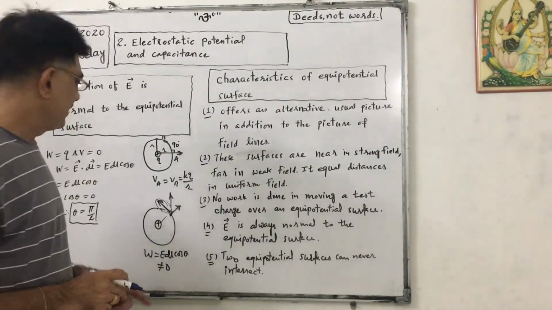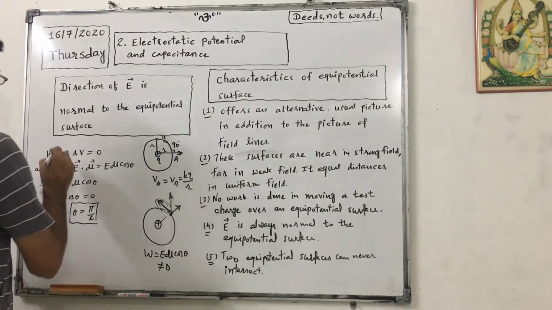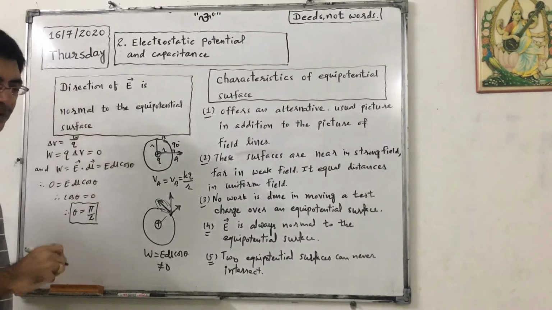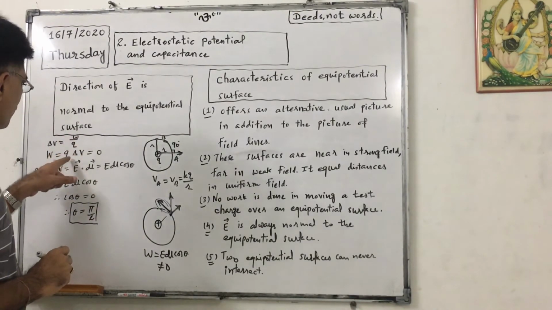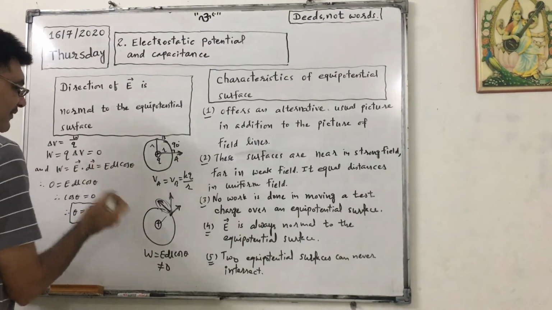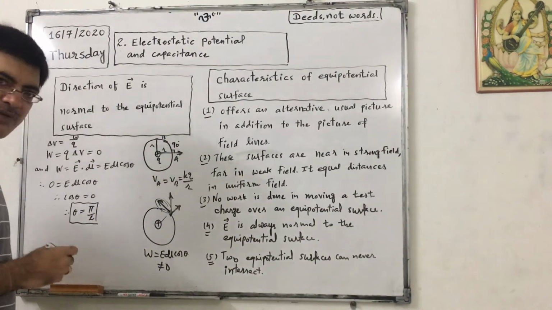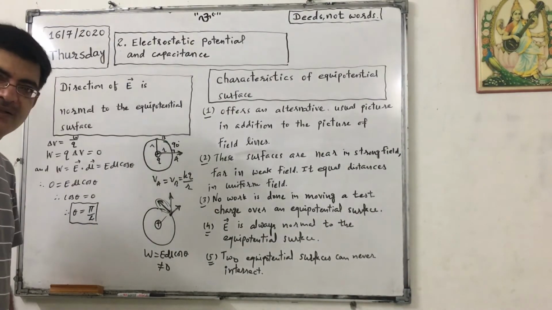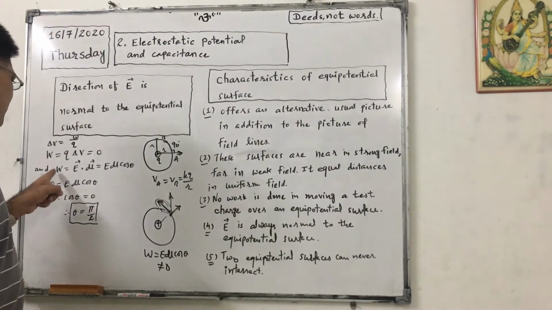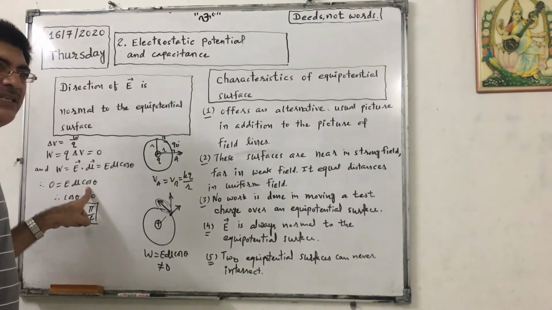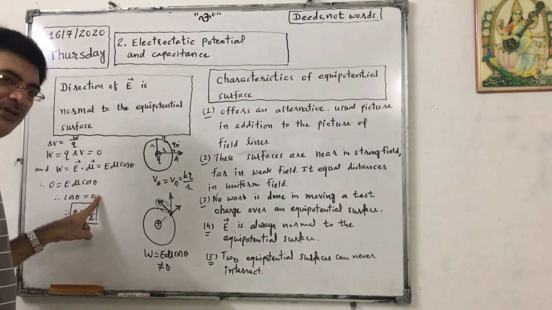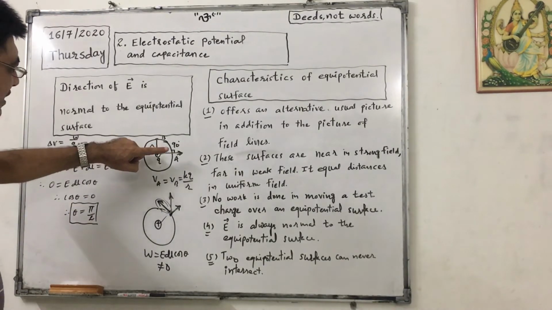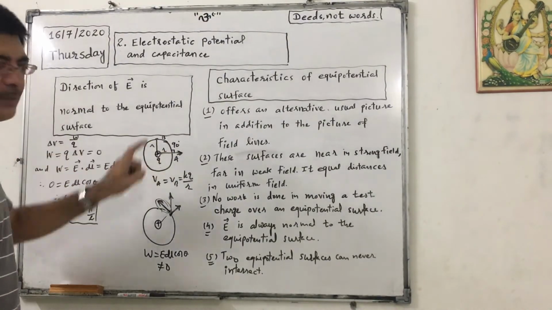Actually we know that work done, delta V potential difference equals work required to move unit positive charge, so W equals Q delta V. But we know that delta V is 0 for all the points because VA equals VB, and so work is 0. So this is not the case. So this is wrong assumption. Okay? So here work is 0. So E dl cos theta is 0. That is why cos theta is 0. That's why theta equals pi by 2. So electric field is always perpendicular to the surface at all the points.